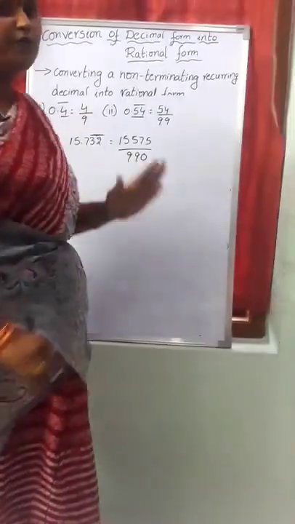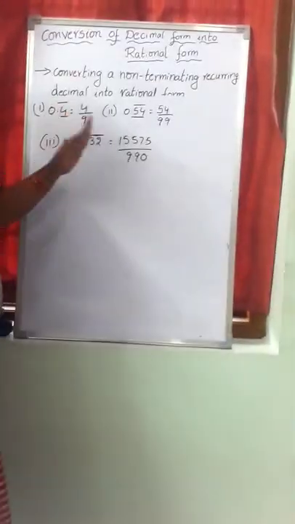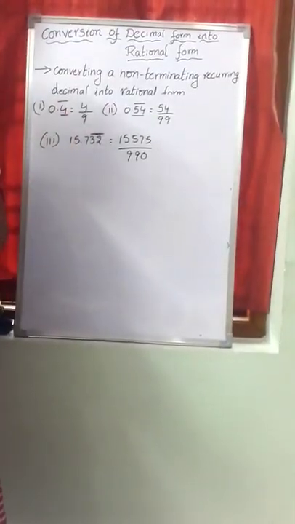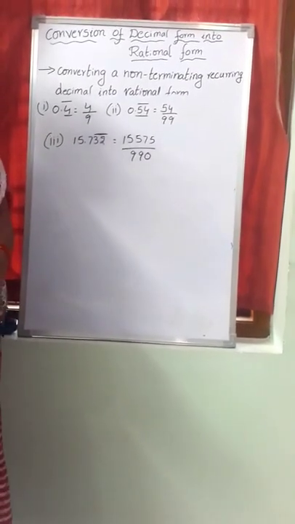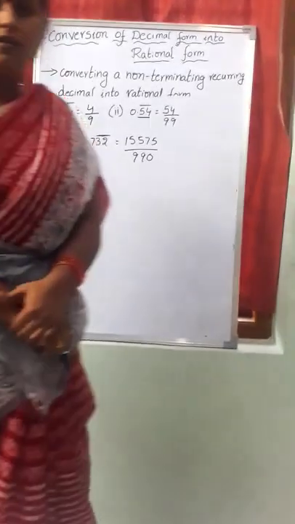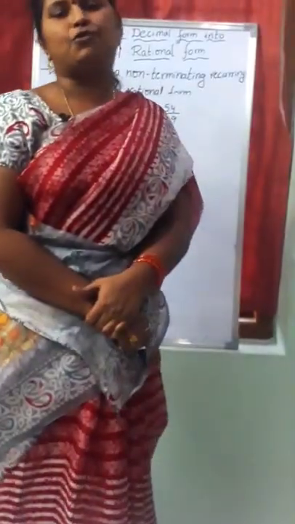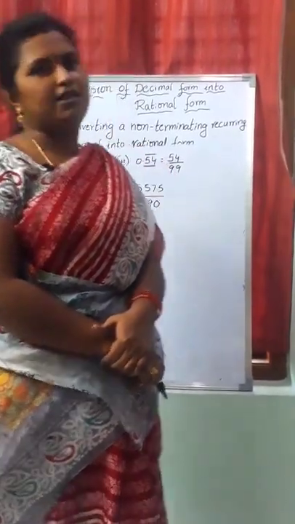Yes. Now, to convert a non-terminating recurring decimal into the rational form is a somewhat time-consuming process. Is it correct or not? If you want to answer a bit quickly, you can proceed with one more method. It is a very easy and simple method. See what that is.